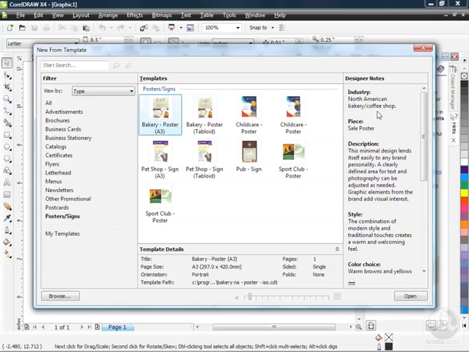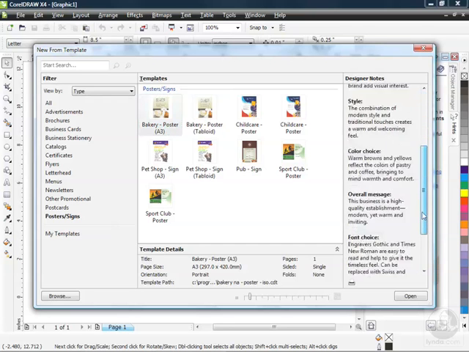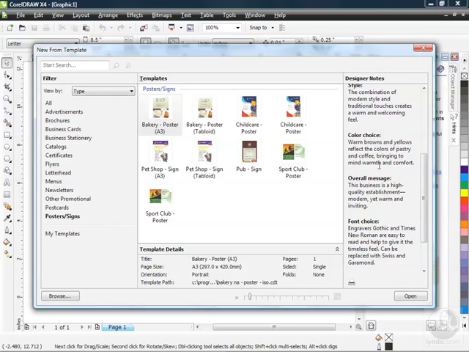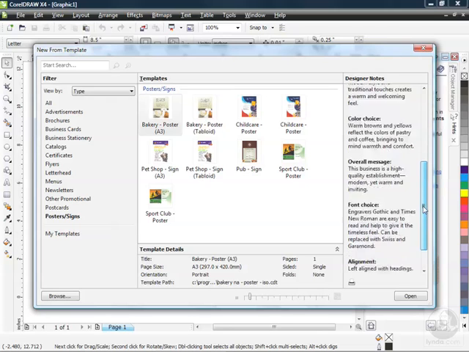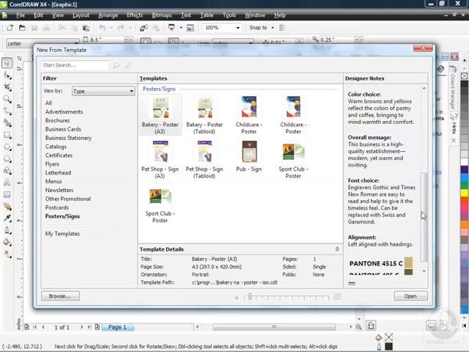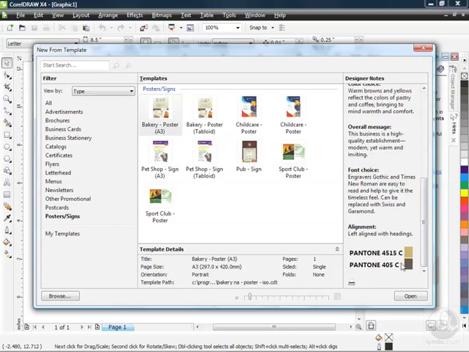So the industry, North American bakery or coffee shop. You can see the piece is a sales poster. The description shows up down below. The style, combination of modern style and traditional touches, creates this warm and welcoming feel. So it's all set up for you with style. Color choices are selected for you, browns and yellows in this case. The overall message is it's a high quality establishment, modern yet warm and inviting. And you can see the font choices that are used down here and why. Alignment, and look at those two colors down below. They kind of go with each other to give you that feeling that you're after with a poster representing a